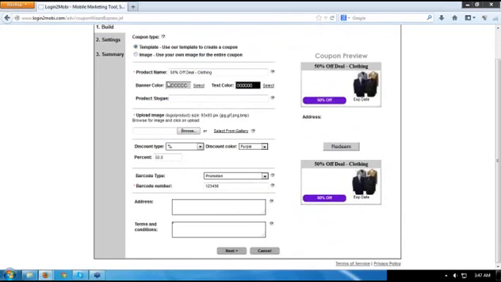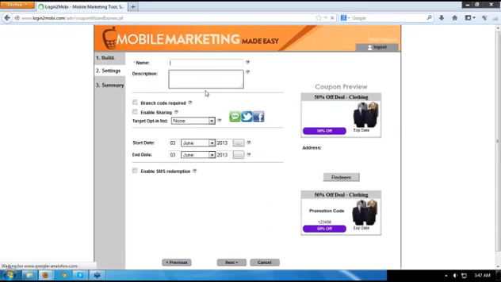And if you don't want to do this, you could also just upload an image for the entire coupon. So if you have created a coupon outside of the system, you could just upload that and you would have your coupon on the system. And just hitting next, you should have the summary of the coupon already. So maybe let's just name this clothing. It's up to you. The names are just technically for you to be able to easily remember.